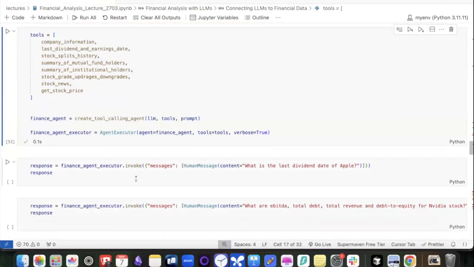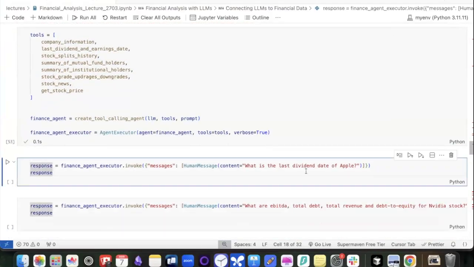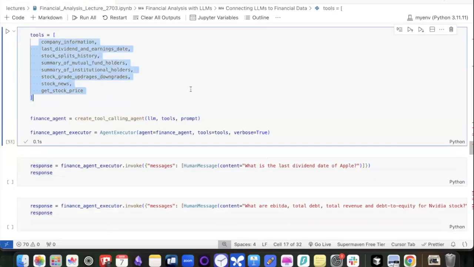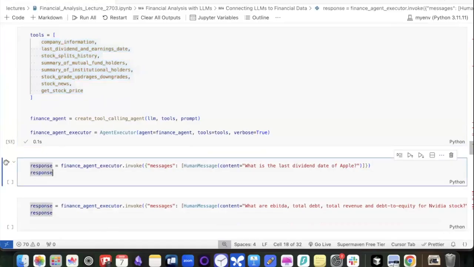And now you can ask some complicated questions. Let's say I want to understand when was the last time Apple gave a dividend. The AI agent will first search whether it has any tools that will help it get this latest information. It will look at the tools it has and see, okay, the user wants a dividend date. Instead of revealing the answer, let me run the agent and show you how that is working.